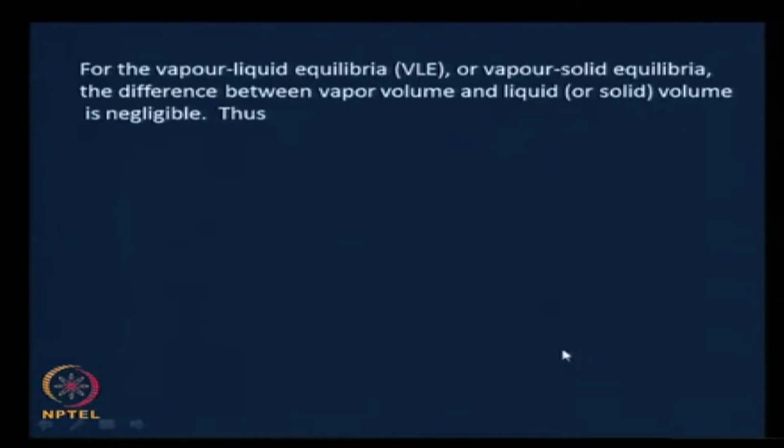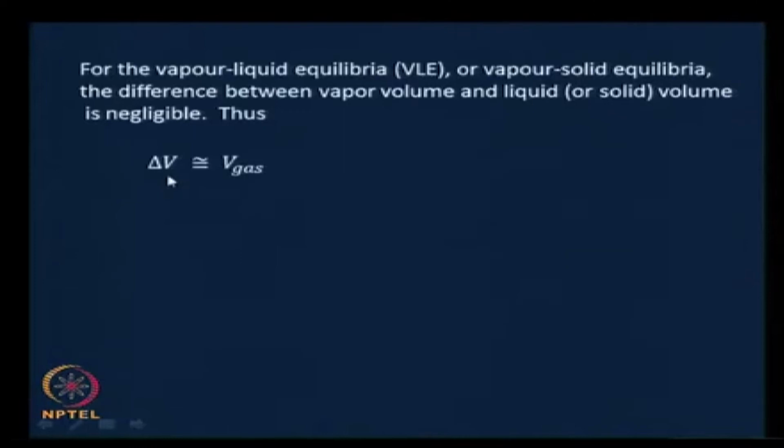For the vapor liquid equilibrium or vapor solid equilibrium, the difference between the vapor volume and the liquid or the solid volume is negligible. The vapor volume of a unit amount or a unit mass of a certain substance is typically tens of times the liquid volume, typically about 30 to 50 to 80 times the liquid volume for a unit mass of the substance. And there is a certain ratio here which is quite large for vapor to solid also. Therefore,